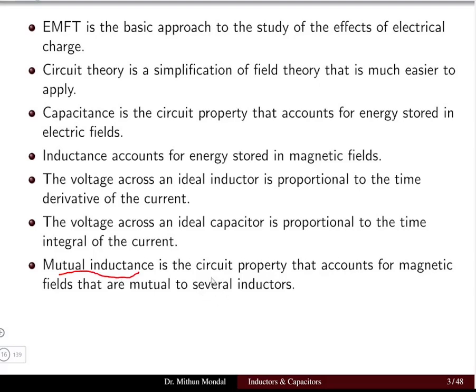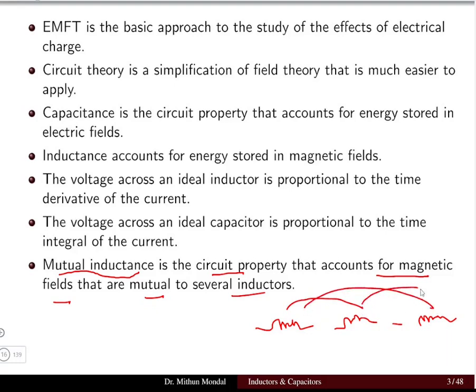So mutual inductance is that property of the circuit that accounts for magnetic fields that are mutual to several inductors. When we have two inductors connected in either way, the inductance which is common between them is known as the mutual inductance. So it is that property of the circuit that accounts for the magnetic field which is mutual or common between